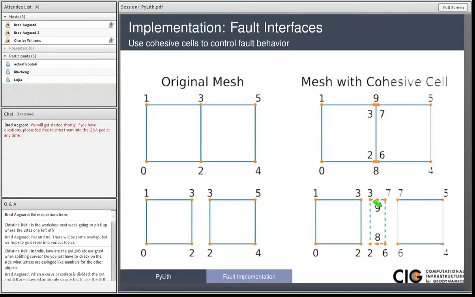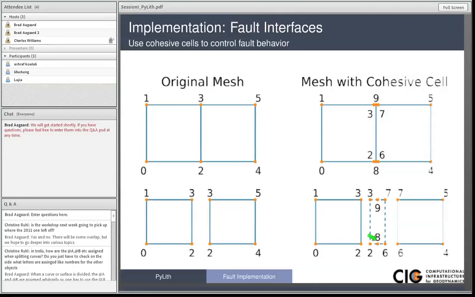Then to do the coupling, we add in nodes 8 and 9 for the Lagrange multipliers. So this cell made up of vertices 3, 2, 6, 7, 8, and 9 is what we call a cohesive cell. It doesn't take up any volume or any area, but it gives us a mechanism